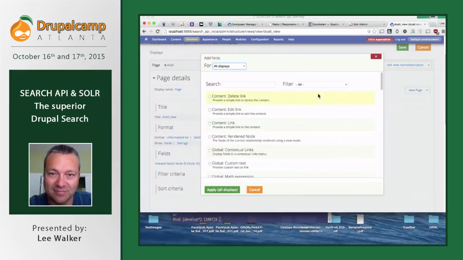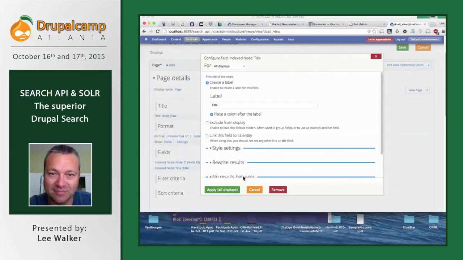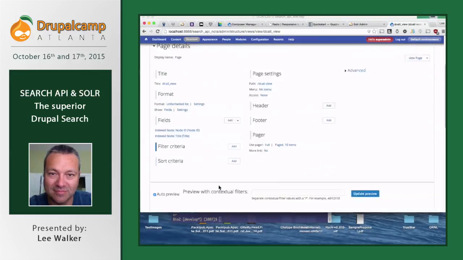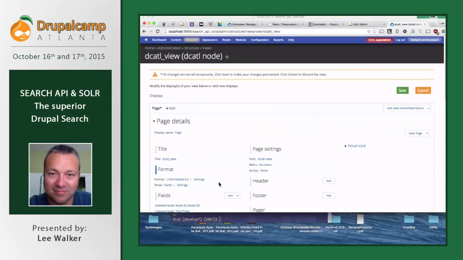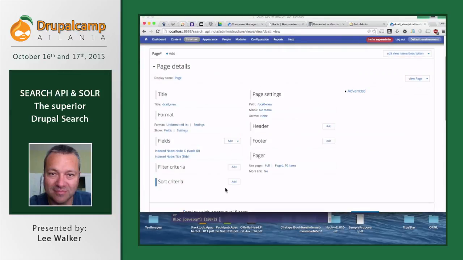So let's add the title and we can filter on index node again. We'll keep all of that. So now we have the node ID and the title. Actually, let's just link it to its entity. But again, didn't we just do, it's a kind of a search. We're supposed to put a search box in, and we're supposed to sort them by which matches the search best. So you actually have to,